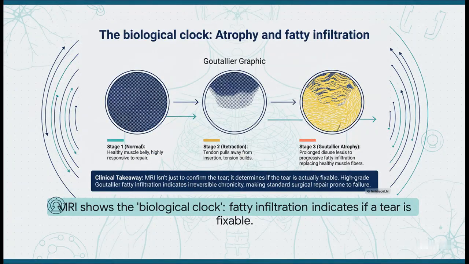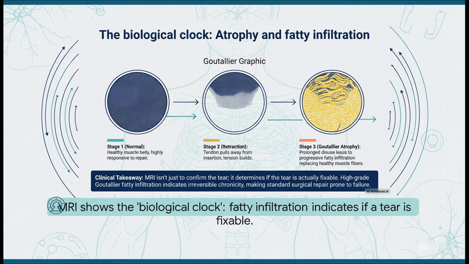And this is precisely why the MRI is so crucial. Take a look at this Goutallier graphic. It shows what happens to the muscle over time after a chronic tear. You see, the muscle belly starts to atrophy and it gets replaced by fat. We call this fatty infiltration. High-grade fatty change, as you see in stage 3, is often irreversible. This is like the biological clock of the muscle. So an MRI doesn't just confirm the tear, it tells us if that tear is even fixable, which directly guides